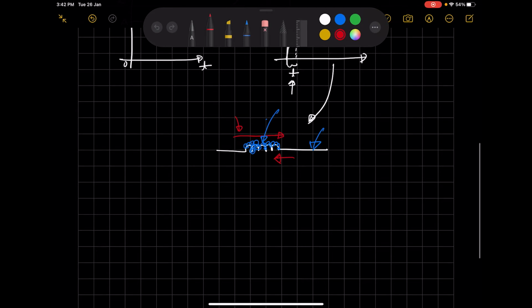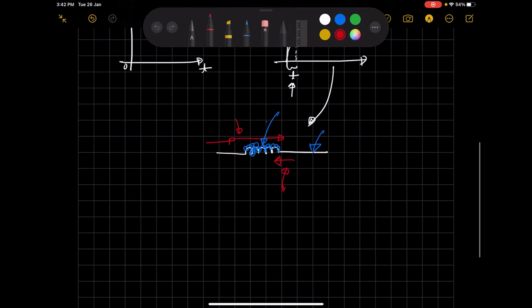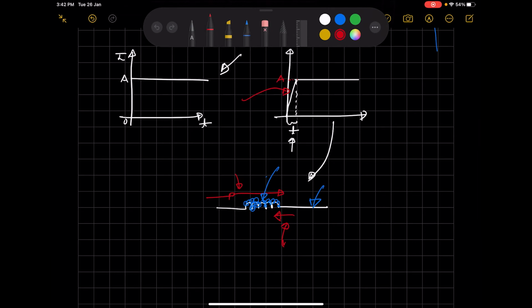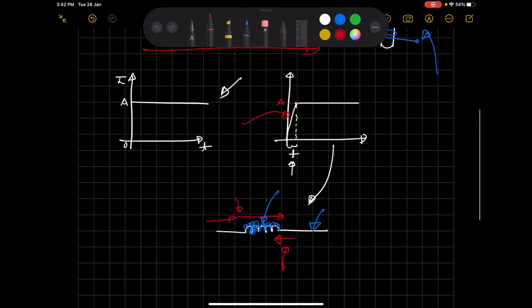Now the current which was initially flowing faces resistance because of the current flowing in the opposite direction. So the current which would have risen quickly from 0 to A will now take time and slowly rise from 0 to A. It will eventually reach A, but it's going to take more time as there is an opposition now. As time passes, the rate of change in the current will decrease. You can see that with the slope here.